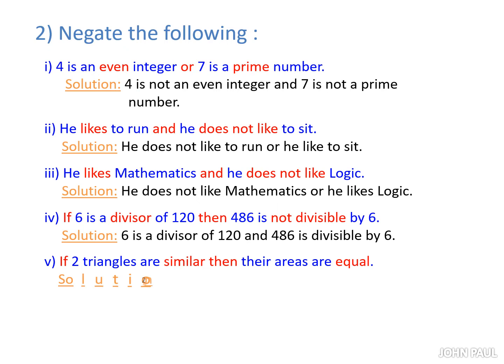Sixth one: it is cold or it is raining. The negation statement is